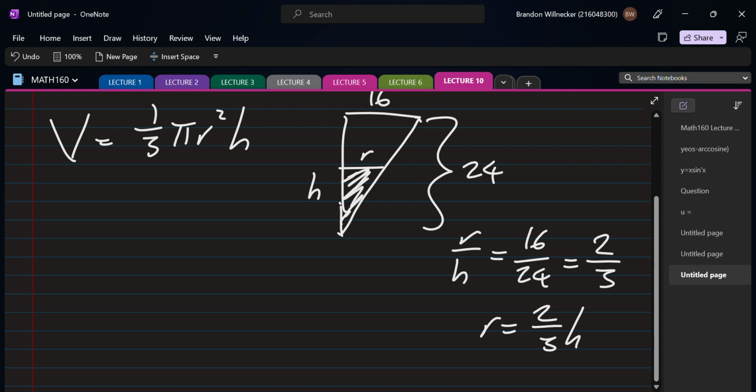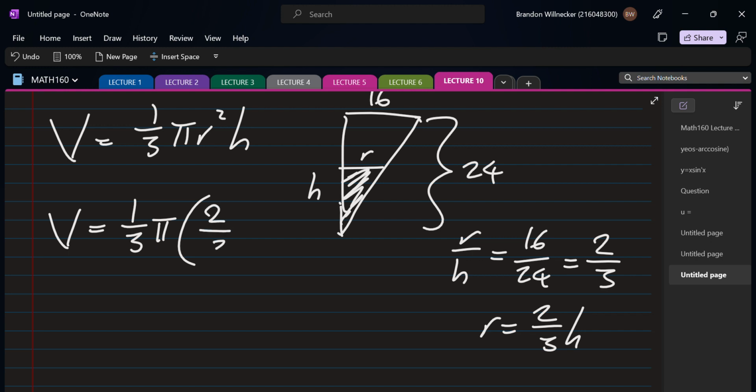The reason we solve for R in terms of H is because we want dH by dt at the end. So that's how we know what to get rid of. So we need to get rid of R. So here, V is equal to 1/3 pi, and R we're going to replace with this now,